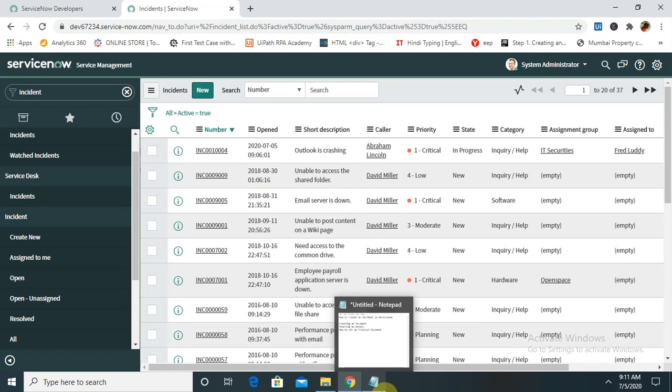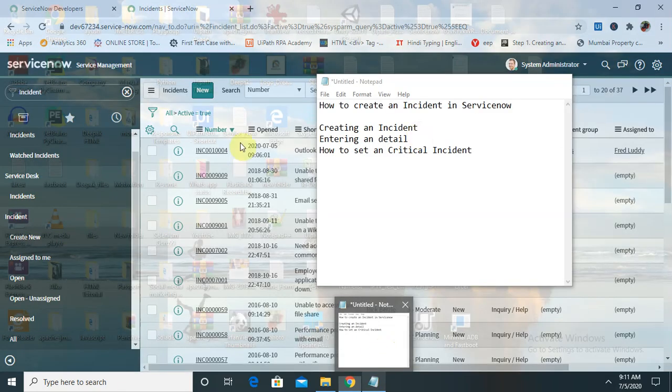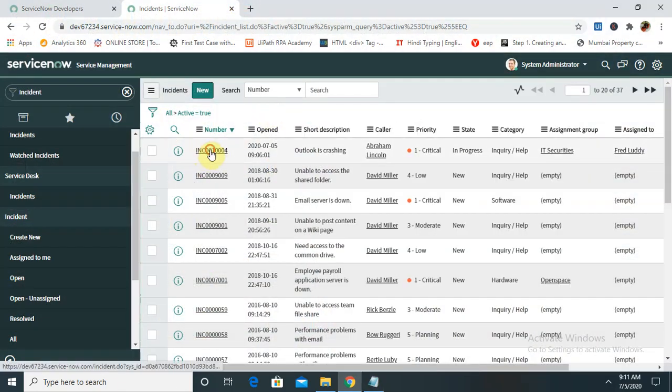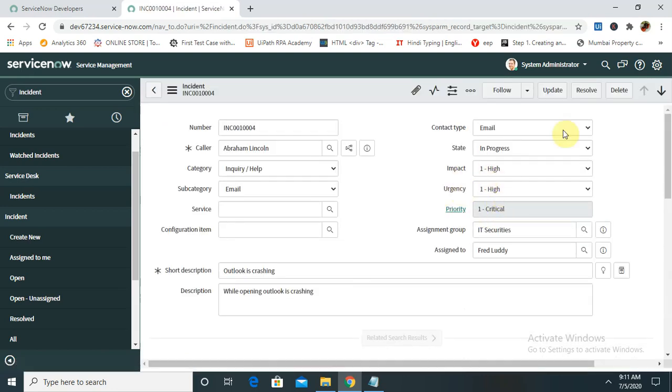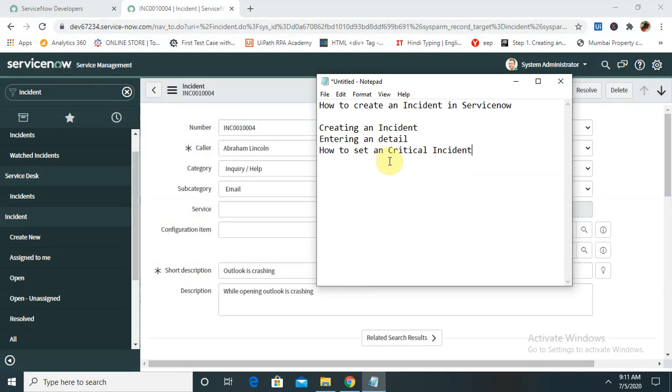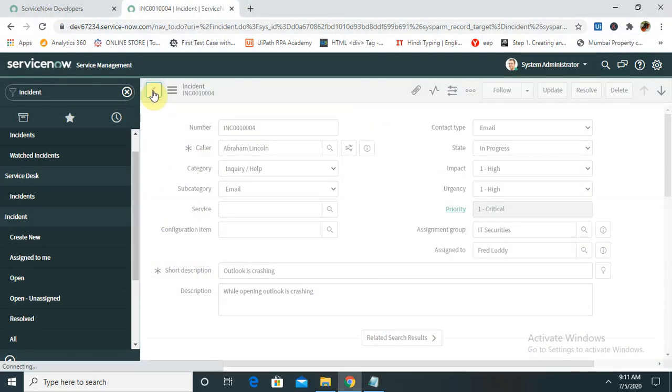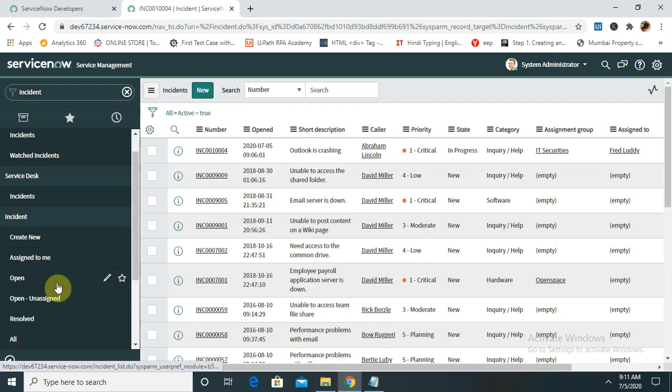So let's recap. We have created an incident, entered all the details, and discussed the criticality of an incident, like impact, urgency and priority, and how it will be picked for fixing the issue. We have also seen once the incident is created, how it looks and where it went.